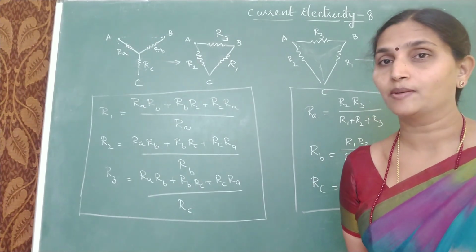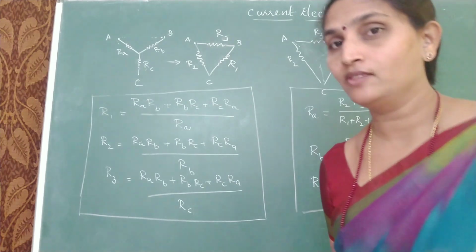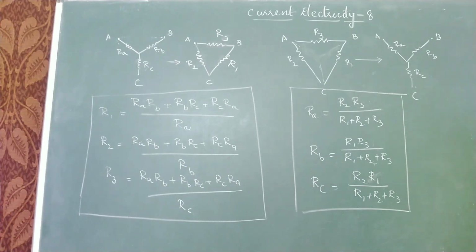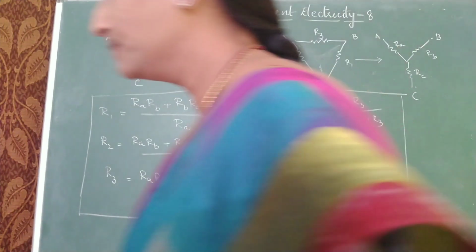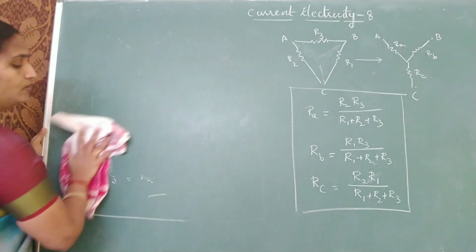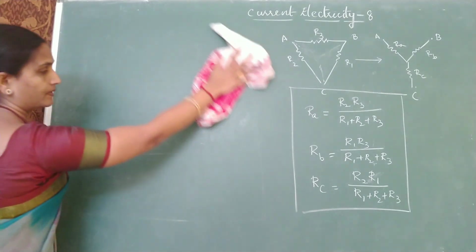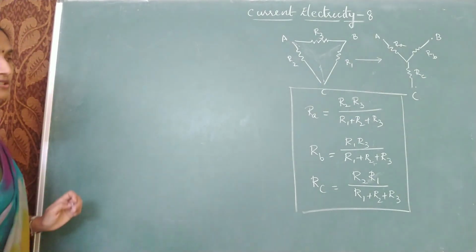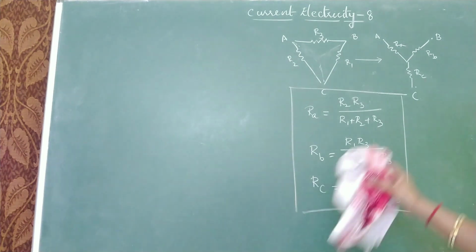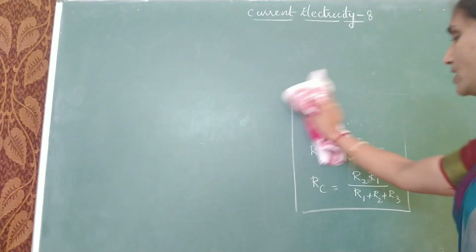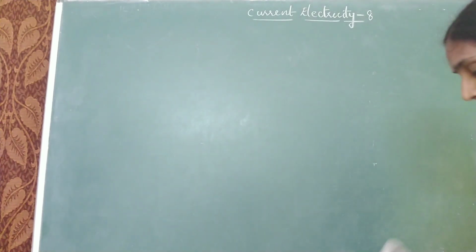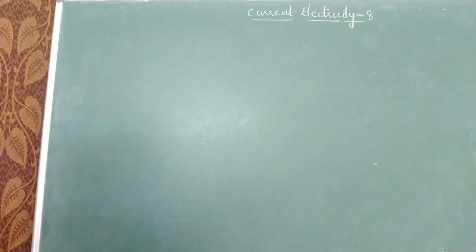Let us see how to solve by taking one example. I'll leave this; pause the video for 1 minute and note down these two sets of formulas. Okay, come back now. Look at where we should apply this Y to triangle conversion. For converting a Y network into a triangular network, I have already told you for capacitors, if it is an unbalanced Wheatstone bridge, you can make use of star delta conversion for solving. So I will take one unbalanced Wheatstone bridge.